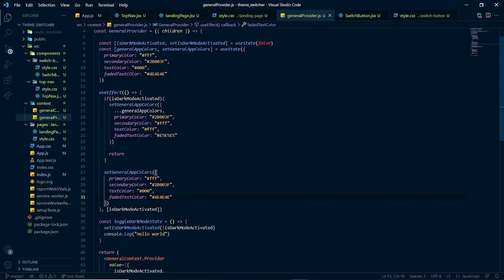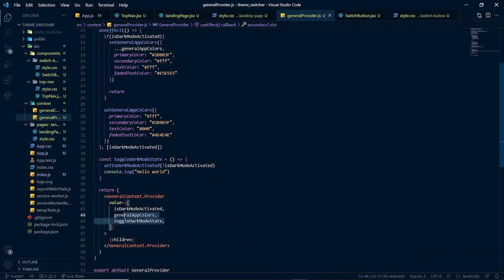Context API helped us to do this amazingly well, because we didn't have to write the function in many places. We didn't have to declare these color variables in many places or pass it as props to many components and have to engage in prop drilling. We literally just did everything here, exported it from here, and we could simply use the use context hook to pull it into any components needed. Like I explained in a use case where this component is not really related to the other component, so it's not a child of it, it's not even a direct sibling of it, and